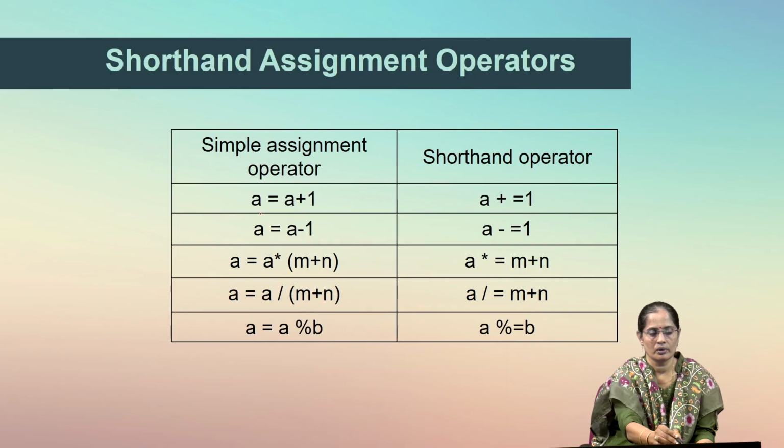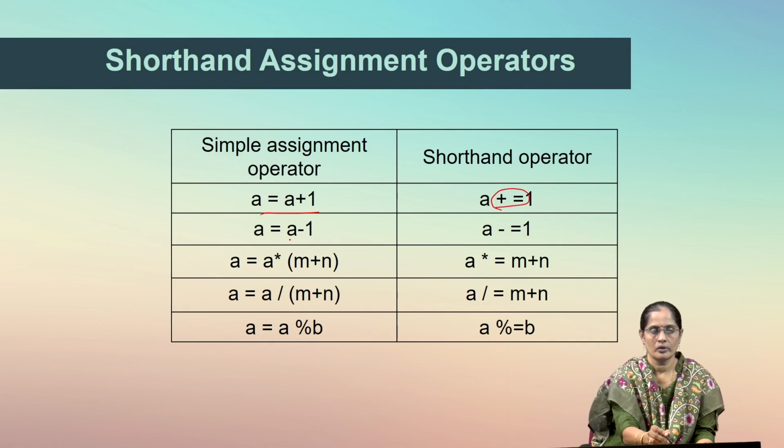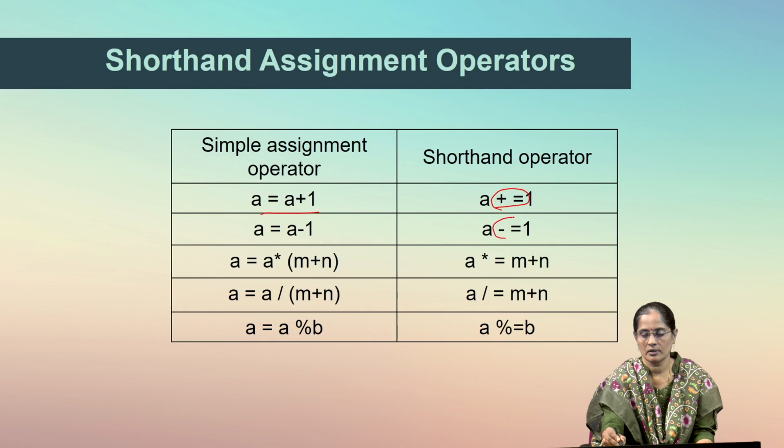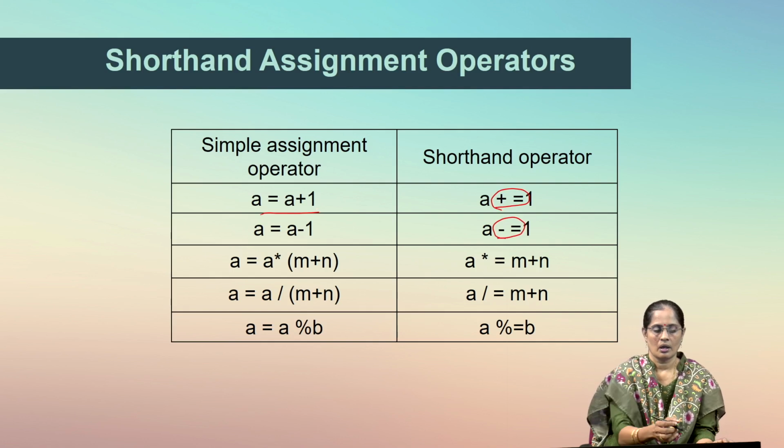So, similar to the plus operator, the shorthand operation can be applied for mostly all the operators. In the example table, we can see the first statement, a equal to a plus 1, which can be rewritten using the shorthand assignment operator plus equal to. And a equal to a minus 1 can be rewritten using the shorthand assignment operator minus equal to. And the third expression, a equal to a star m plus n, this can be